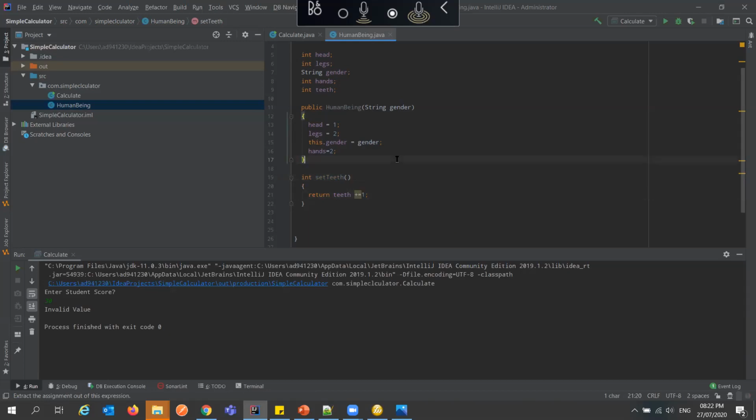Do we understand now? If we understand, I'll end here. I have defined what a class is, what a constructor is, and what a method is. I can define other methods, maybe for arms. God forbid someone lost his arm, so we can reduce 1 arm and it becomes a human with 1 hand.